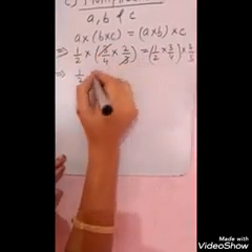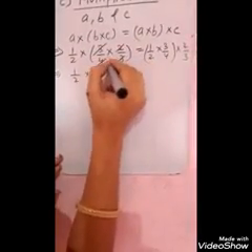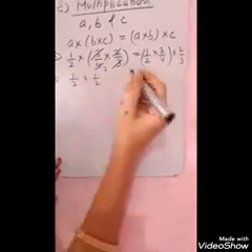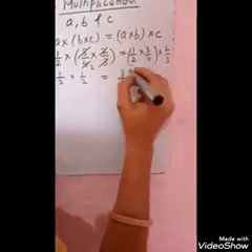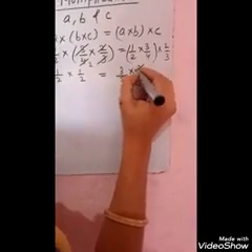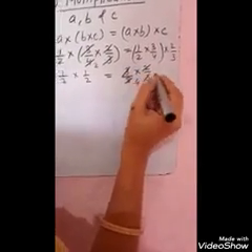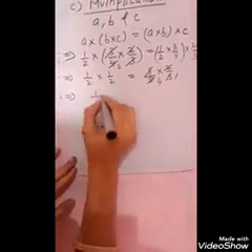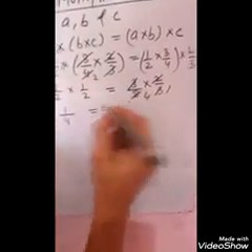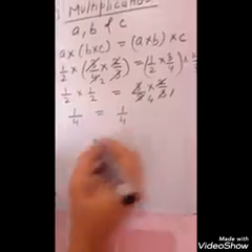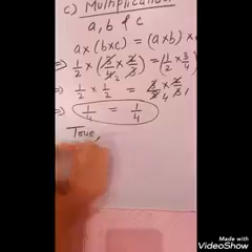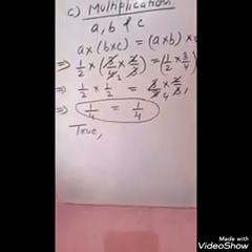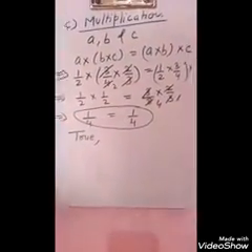This 3 and 3 will be cancelled, and this 1 and this 2, it will be 1 by 2, and here 3 by 8 into 2 by 3, and you can see 4 and this side 1, and so finally on LHS it is 1 by 4 and on RHS also it is 1 by 4. So multiplication is true in associative property while dealing with the rational numbers.